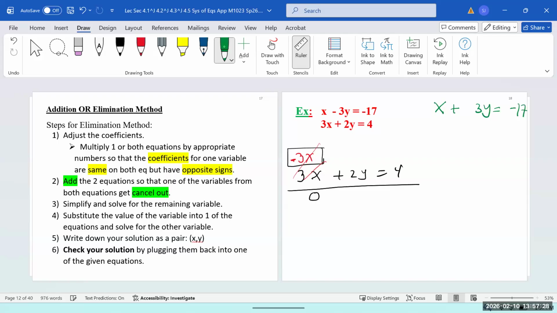We cannot just put negative 3 in the front, right? Remember, math is fair? We want to put negative 3 here because that's going to make the x vanish. But then if you put negative 3 in front of x, what do you have to do to the other two terms? Put negative 3 in the front of each to multiply. So you're multiplying the entire first equation by negative 3. This is what we did.